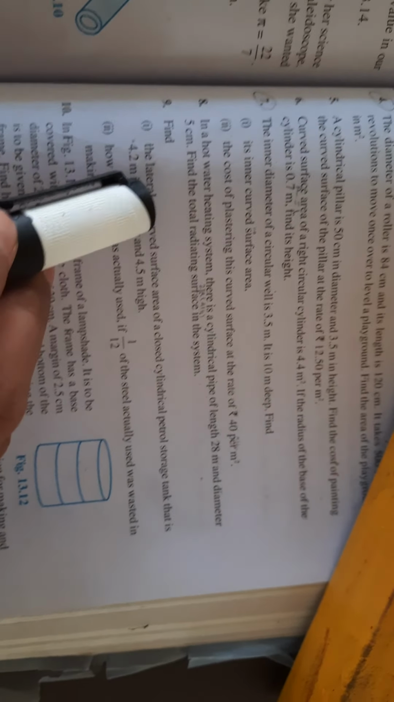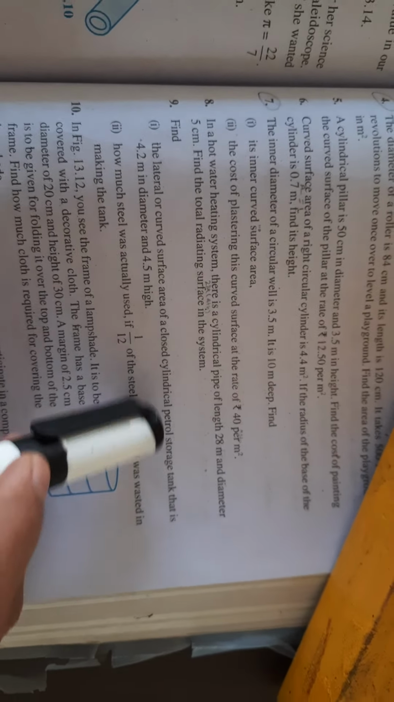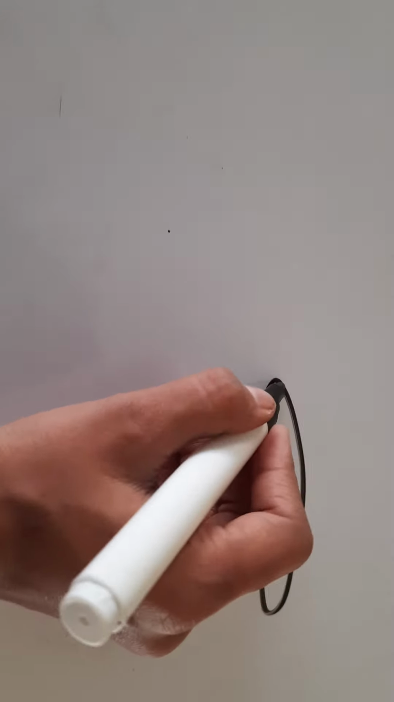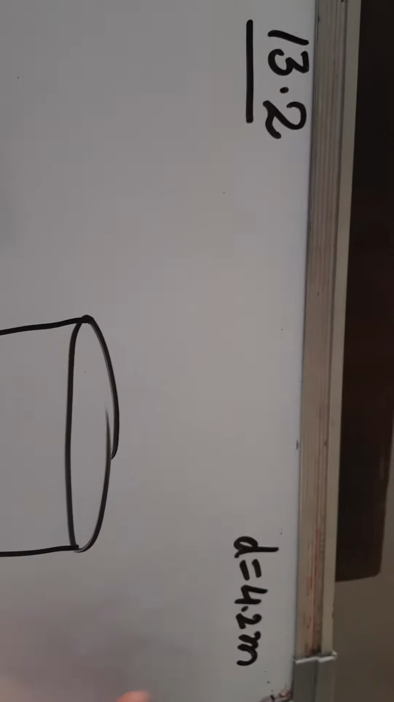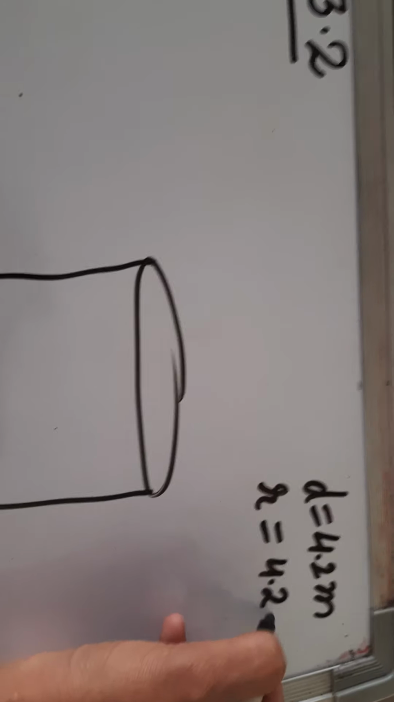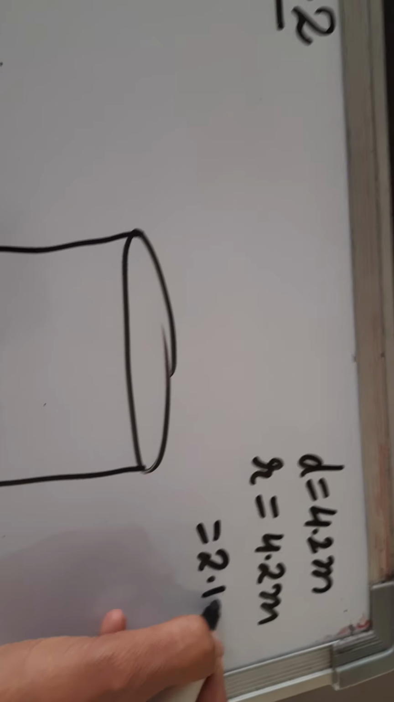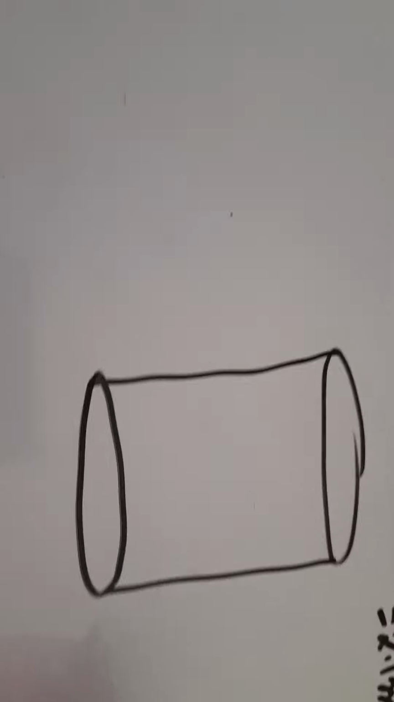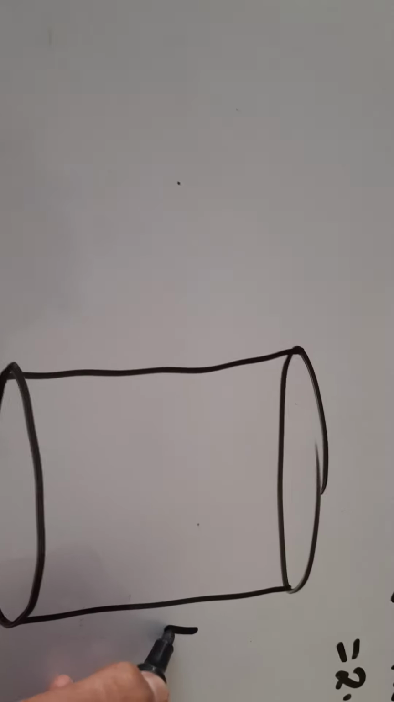So first of all we will have to find out the curved surface area of the closed cylindrical petrol storage tank. So let us make the storage tank. It is cylindrical in shape. So here is the tank. Its diameter is given to us as 4.2 meter. Therefore the radius will be half of this, that is 2.1 meter, and its height is given to us as 4.5